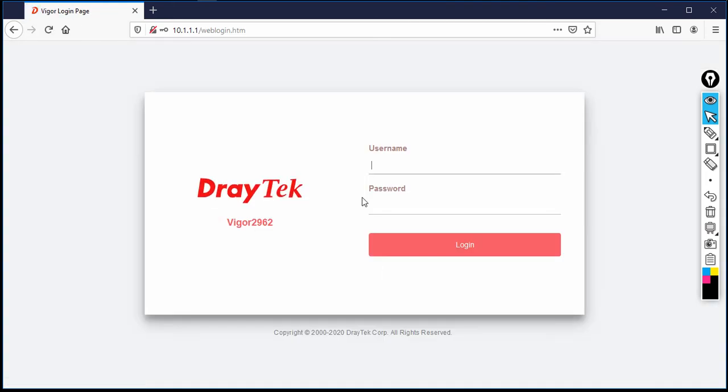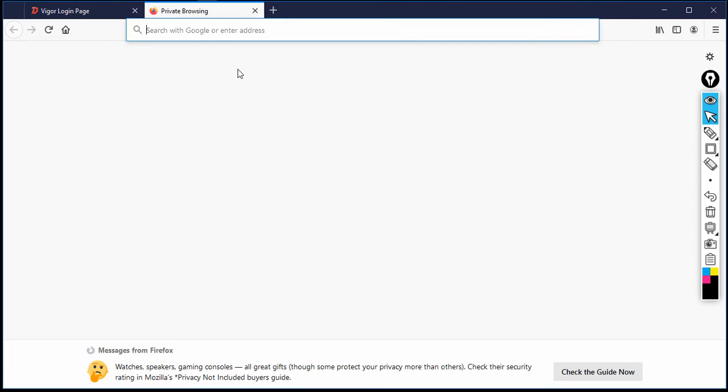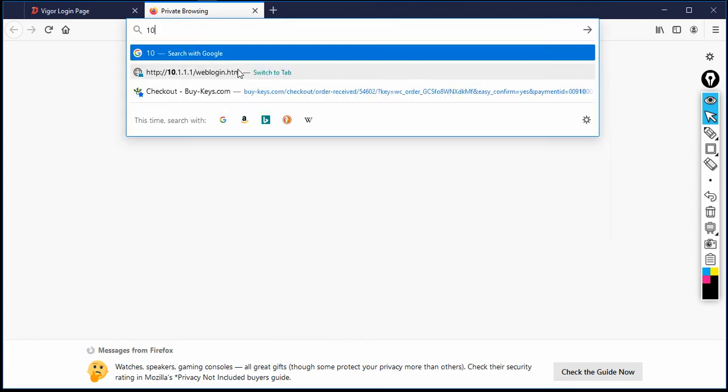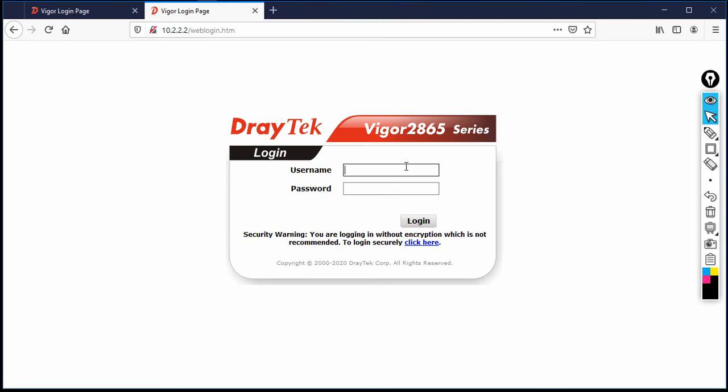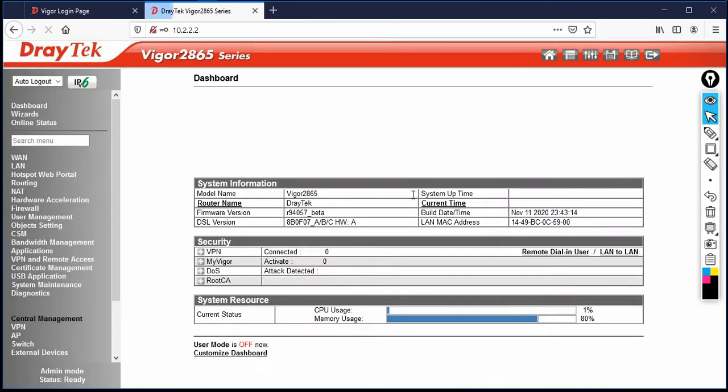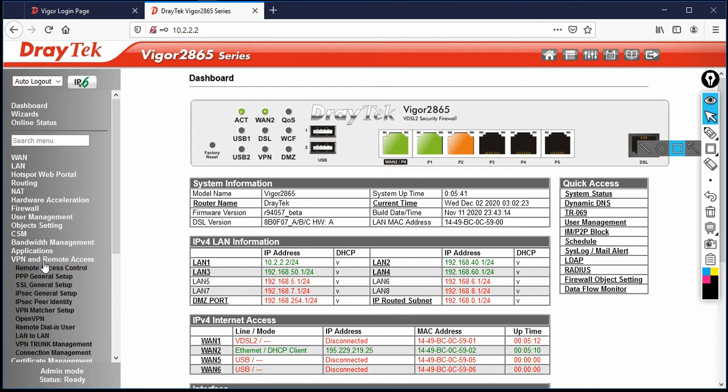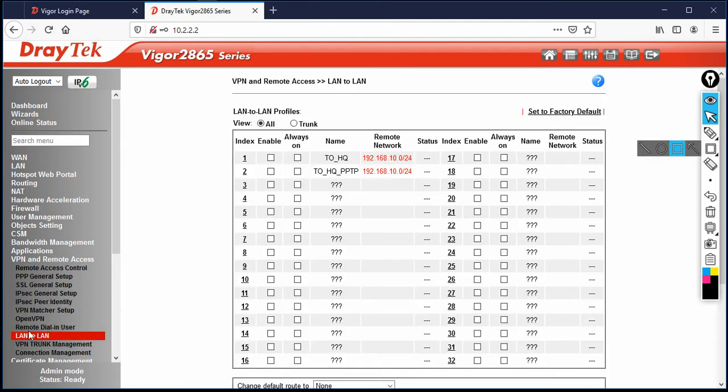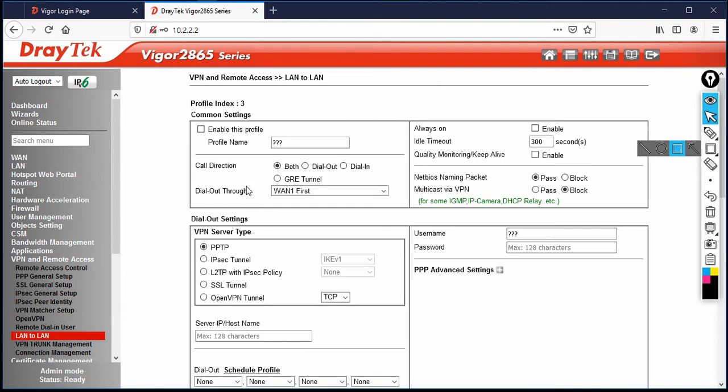So I'm going to connect the branch DrayTek router on port number 1. Then specify the IP address as 10.2.2.2. Then username is admin, password is admin. Then after that, go to VPN and Remote Access, then click on LAN to LAN. Then click on index number 3, enable the profile and specify the name. So I'm going to give it HQ